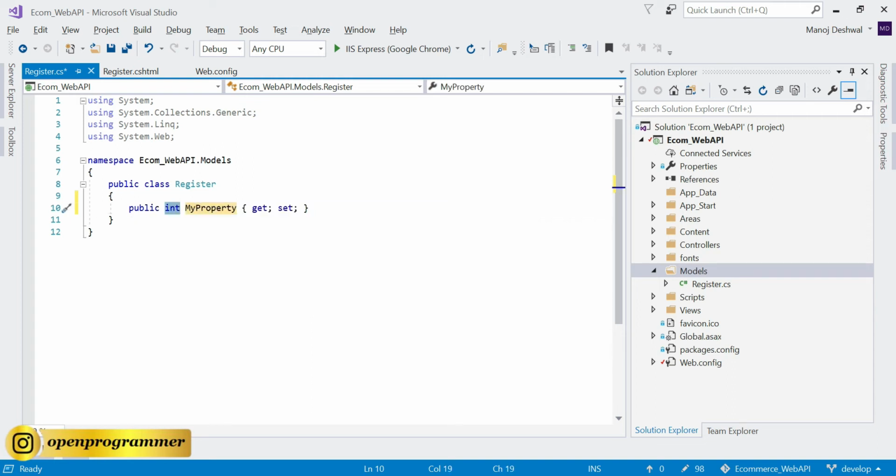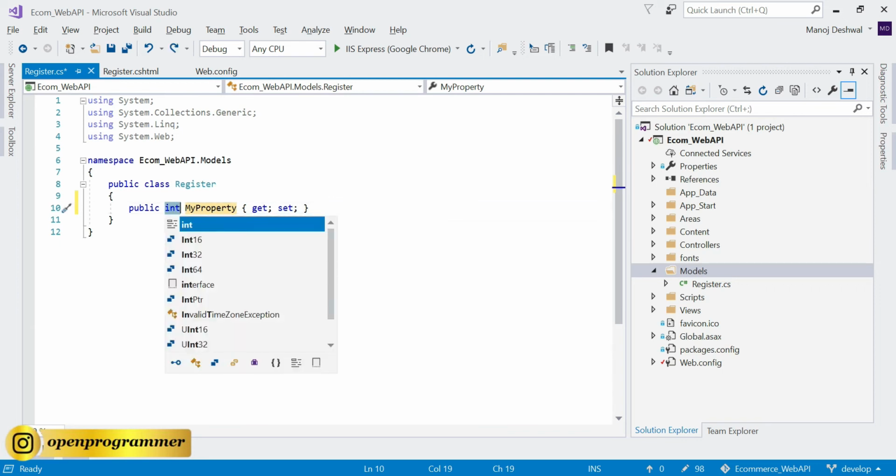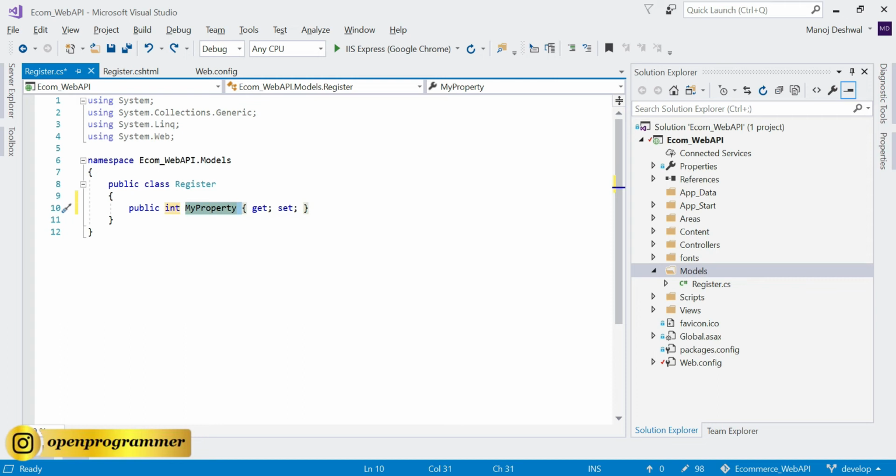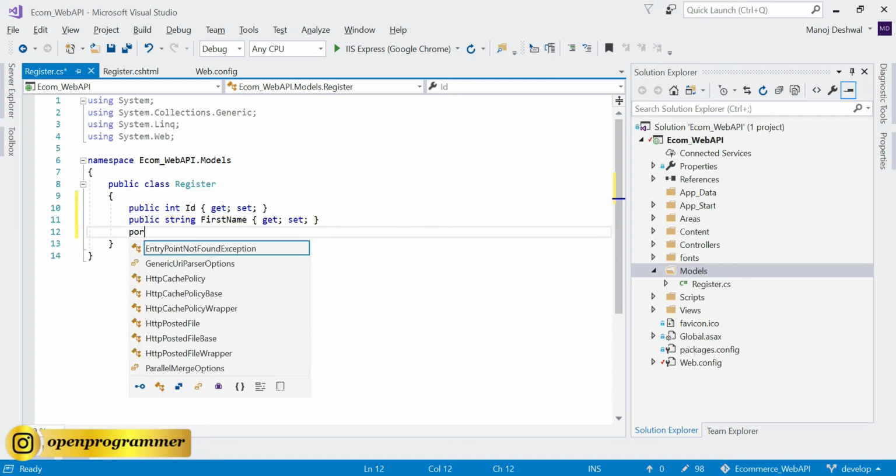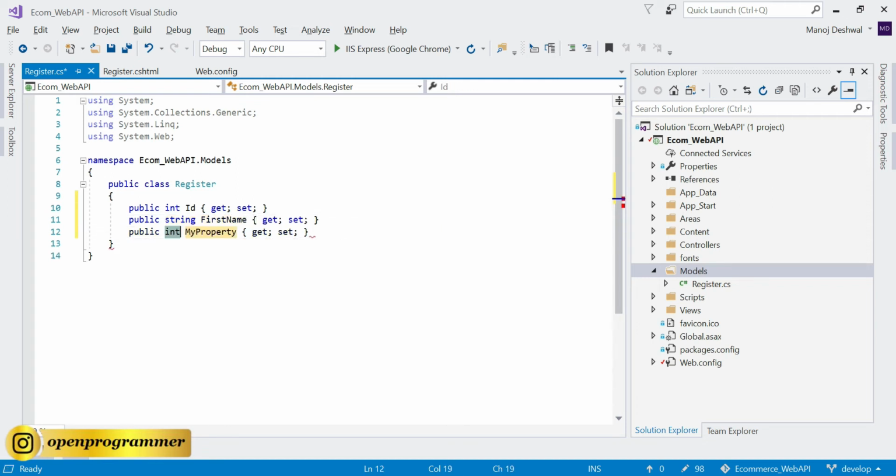It will add your property. First we'll also include ID, and again prop, hit tab, string first name, prop, tab, string last name,